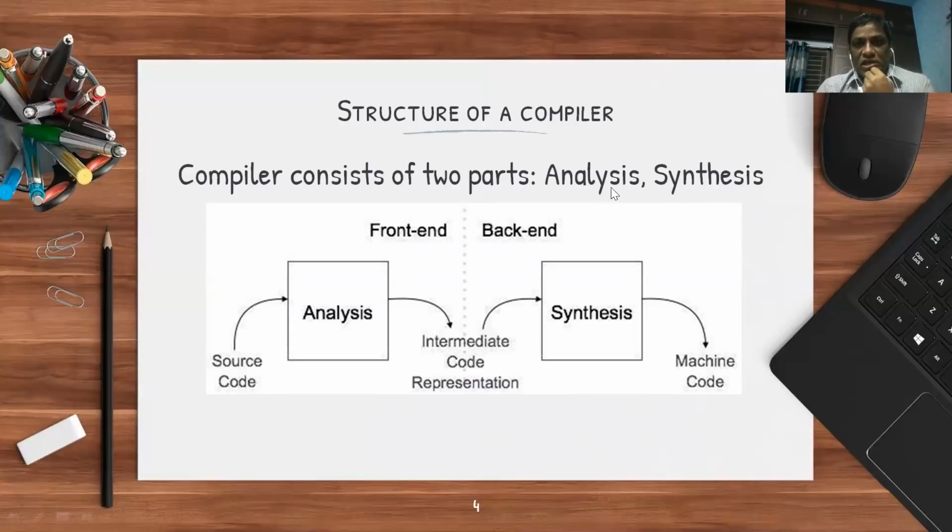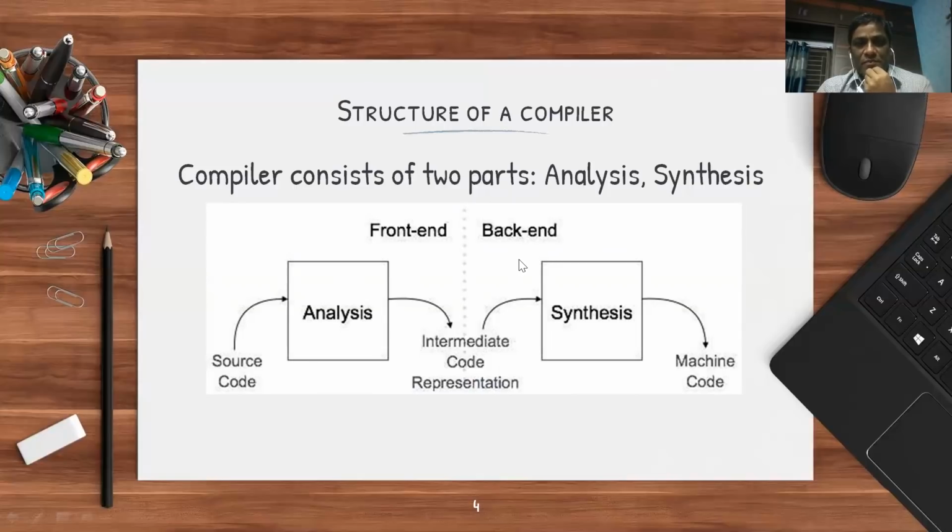One is analysis and the other one is synthesis. Analysis part is also called the front end of the compiler. Synthesis is also called the back end of the compiler. Please try to remember this terminology because we will use it throughout our subject. You need to understand what happens in the front end of the compiler and what happens in the back end